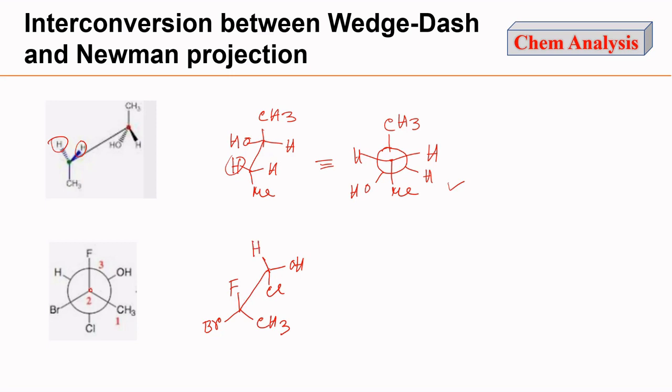And this is the front carbon, C2, and C3 is the back carbon. This is C2 and this is C3. Now if you see the molecule from the right side, then what you will see? You will see that this methyl group and this OH group is towards you, and it will be above the plane,